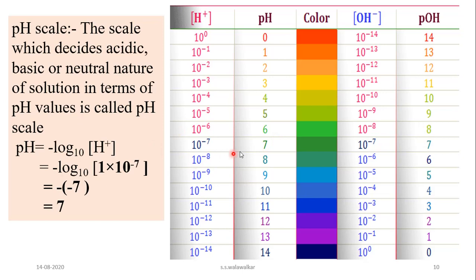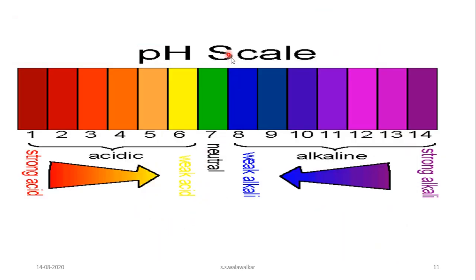So like this, you can decide the basic or acidic nature from hydrogen ion concentration or pH values. Now, whenever the solution has pH 7, the solution is neutral, and when the pH goes on increasing from 7 to 14 or more than 14, the solution becomes basic in nature, and basic nature goes on increasing. So those solutions which have pH between 7 to 8 are weakly basic in nature, and those solutions which have pH between 13, 14 or more are strongly basic.